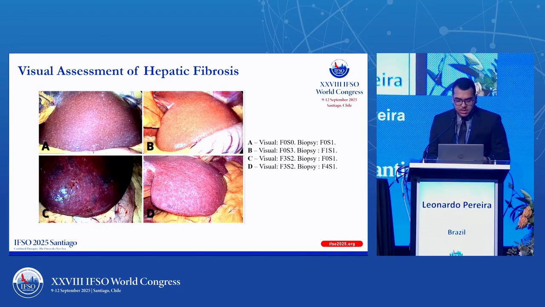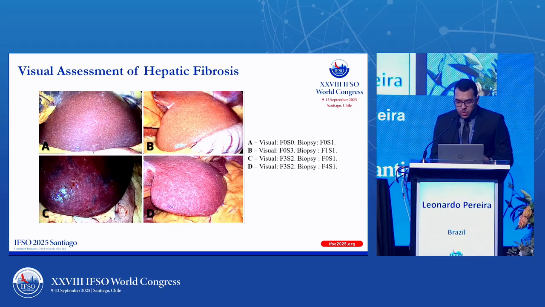So let's take a look at routine bariatric surgery, where it's common for surgeons to assess the liver visually. They usually base their judgment on macroscopic aspects such as color, texture, or irregular surface. Our study was designed to evaluate how useful this practice really is when compared with histology, which is the gold standard. To illustrate this point, let's analyze cases where visual and histological assessments diverged.